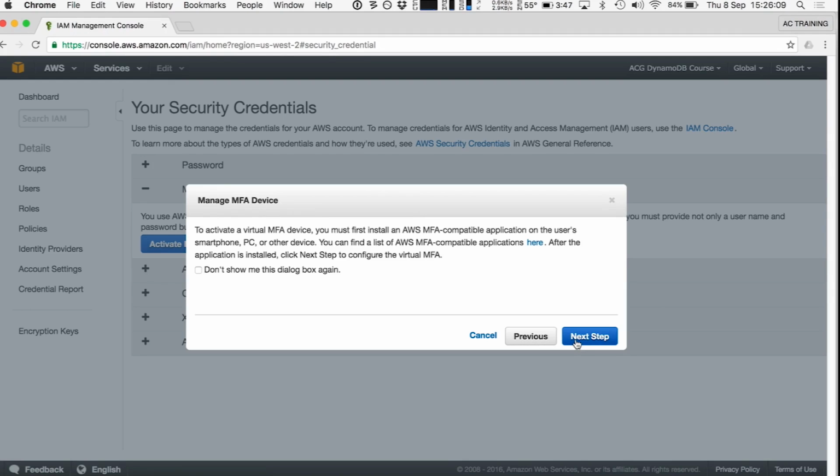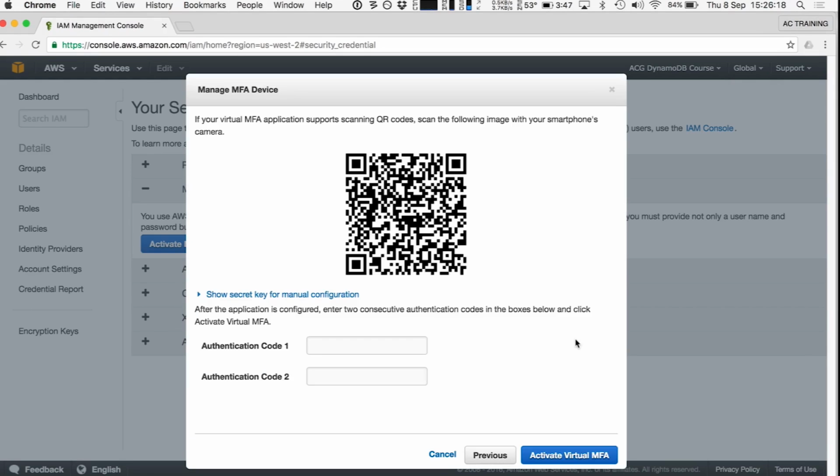So go ahead and download that, pause the video while you do, as you'll need it for the next step. So assuming you've got an Authenticator app now, let's click on next step. And what you'll see is a QR code. Now the instructions may vary depending on the application you use, but what you need to do is to scan